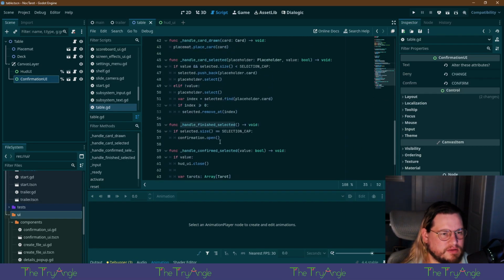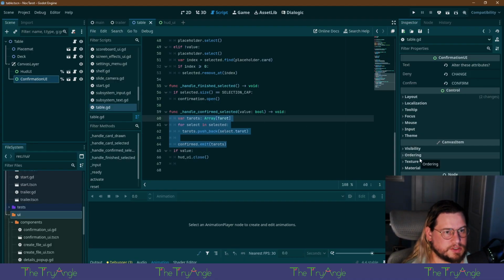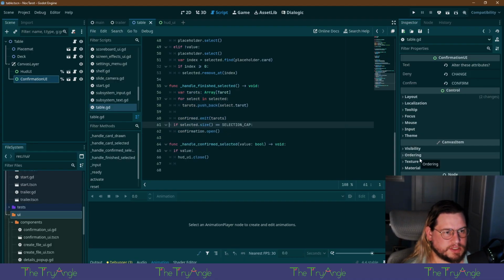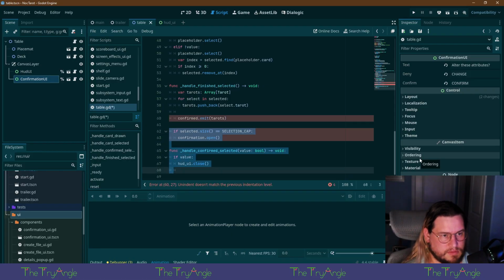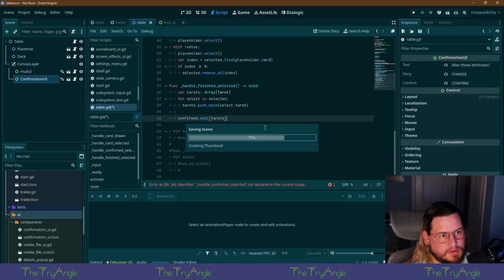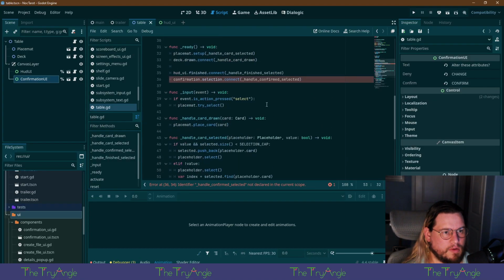Okay, so instead of opening the confirmation, let me think here. If we get true, we do all this, right? So why don't we just test it without any of this stuff?